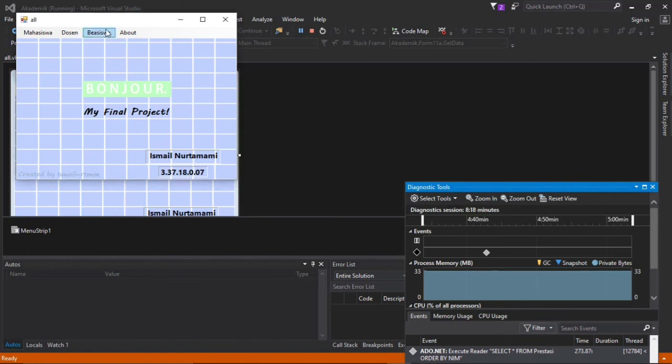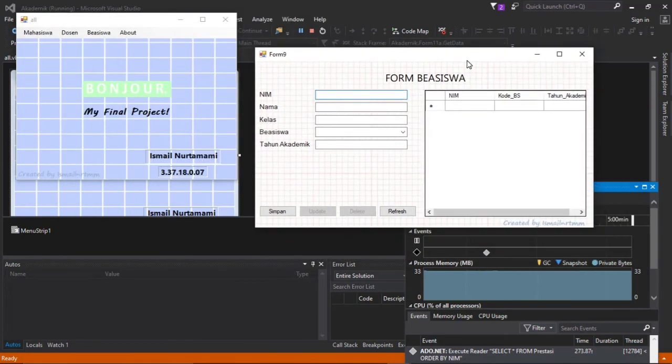Okay, next form, the last form is the scholarship student data. Yes, this is the form. This is the name, nama, kelas, beasiswa, and tahun akademik. Example, we want to input the new data. Choose the beasiswa, kode beasiswa, and this is year academic. If you have done, you click the save button and will record inserted, and the data will be